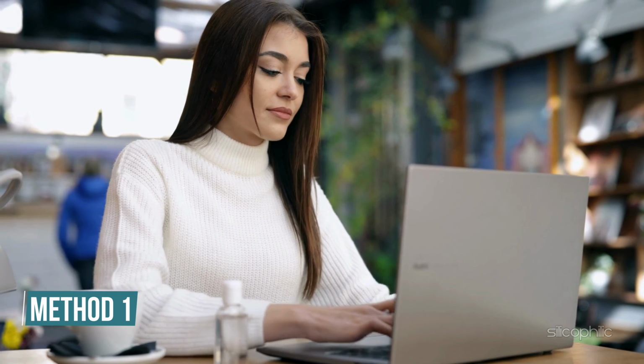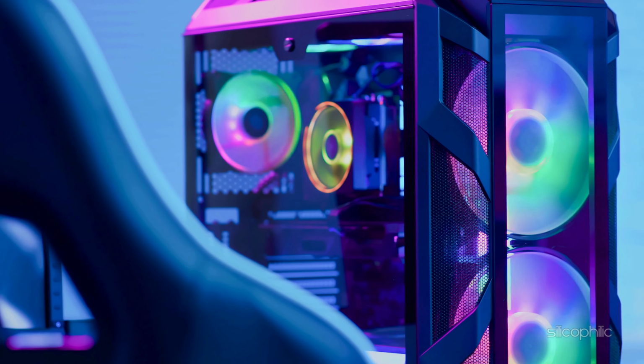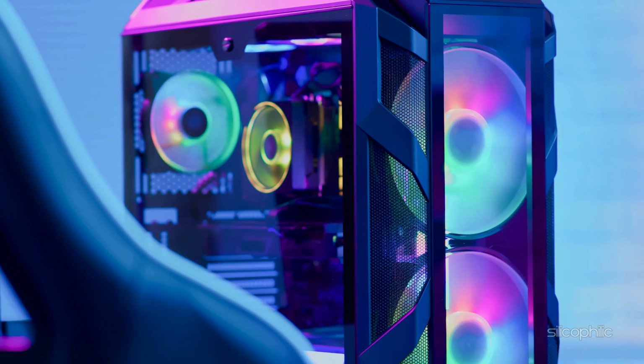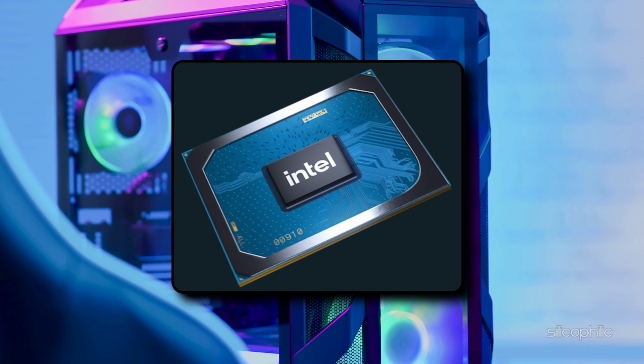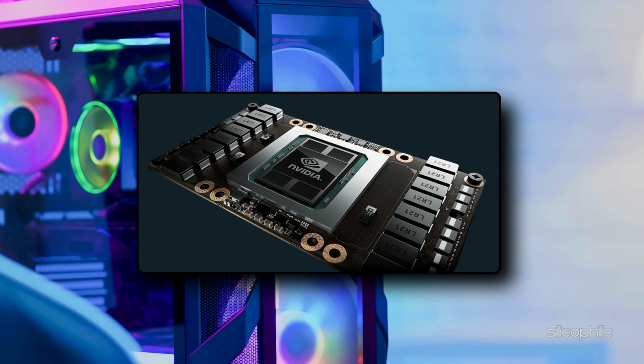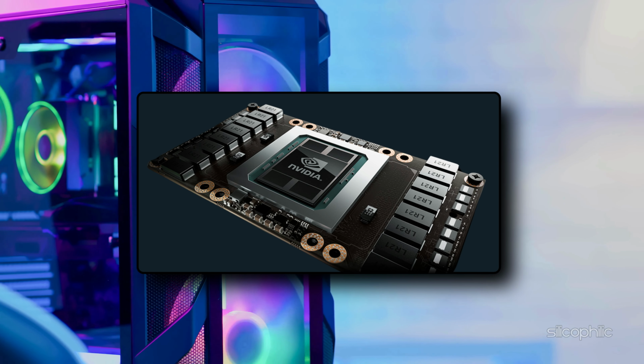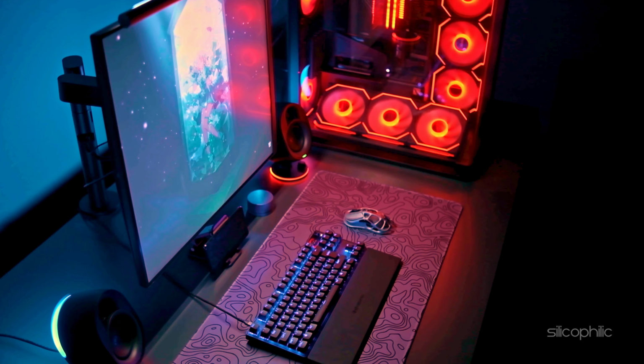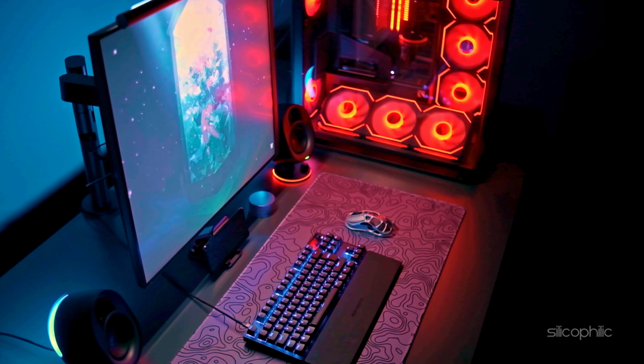In this video, we will walk you through the methods to increase your video RAM or VRAM. Let's get right into it. Method 1. Check your system's physical memory. Boosting your system's graphic performance, especially on integrated Intel GPUs, can sometimes be achieved by allocating more VRAM through a registry tweak. Before adjusting VRAM, it's important to know how much RAM your system has, as this determines how much